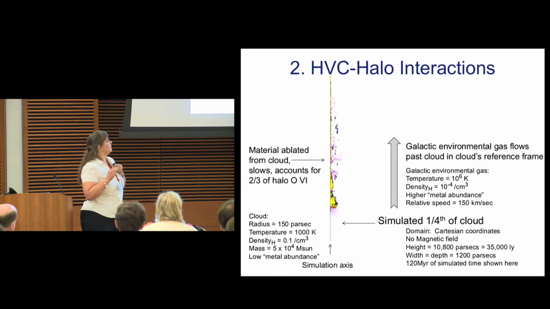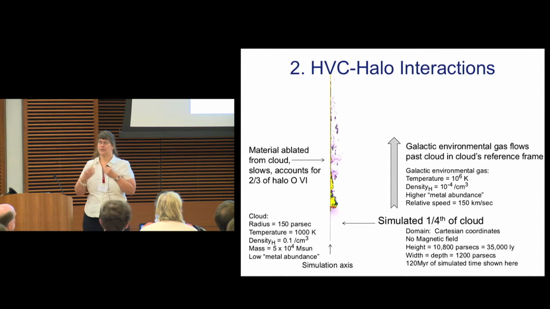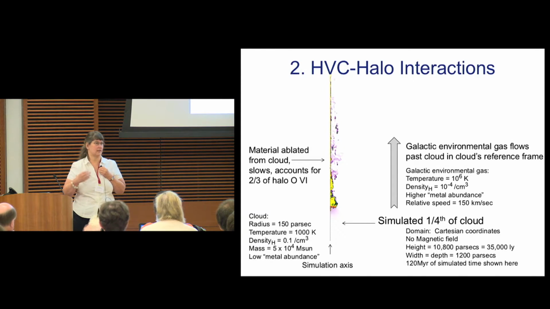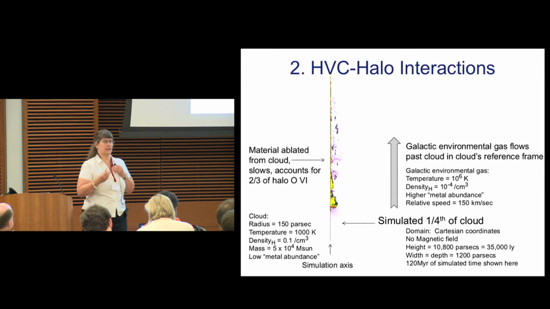At the same time that the cloud is sharing with the halo, the halo is sharing with the cloud. It's a two-way street. Material is being entrained by the cloud. So halo material is joining the cloud. Its velocity is being accelerated to the cloud's velocity, and it is actually cooling down to the point where we can find material that is 10,000 degrees and less in the cloud at cloud velocities that originated in the halo.